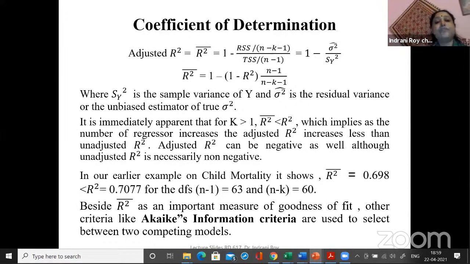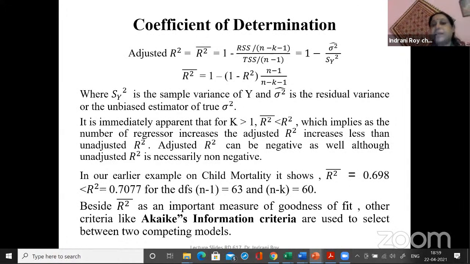There is a tendency for an increase in R bar square due to the increase in R square, and that is basically because of more and more increase in your X, or the explanatory variables. So if you increase more explanatory variables, the explanatory power of the regression increases, and that has a positive bearing on R bar square.